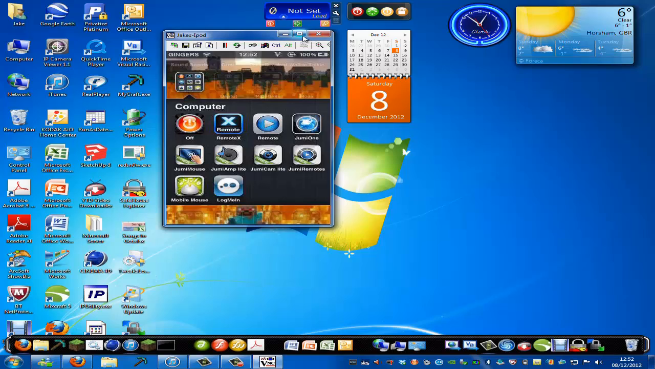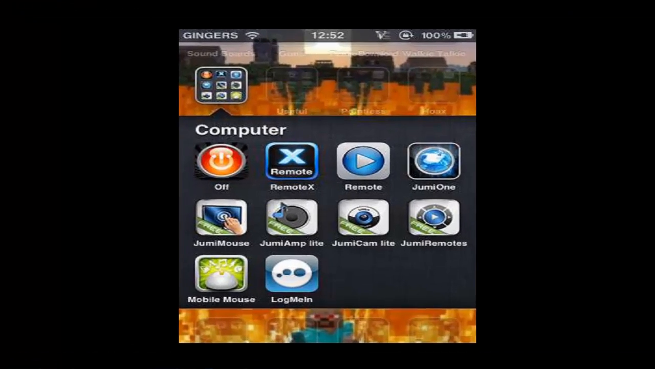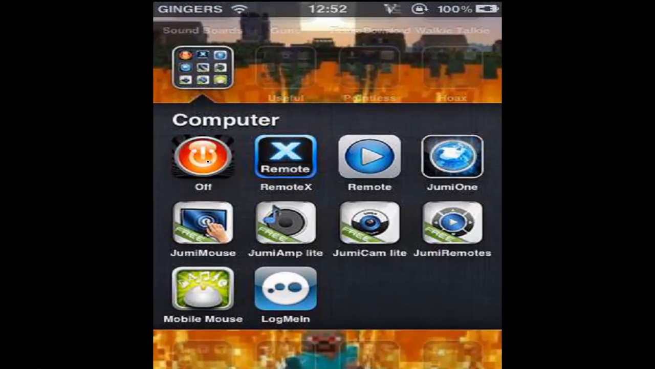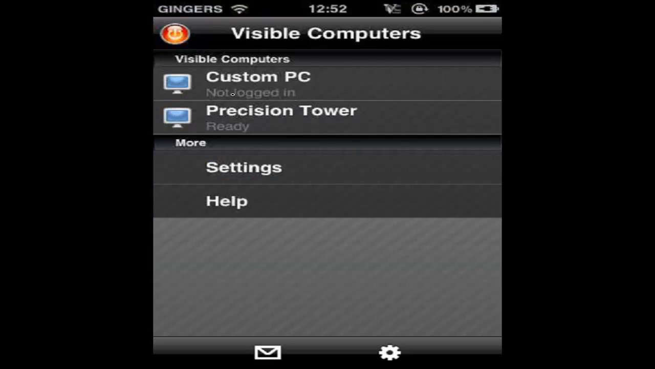Right, now go back to the iPod and run Off Helper. It'll come up looking like this. There'll be all your computers here, and then there's the settings and help, and that's like review, and that's the same as that. So I've got two computers here. I've got the Precision Tower, which is not mine, but it's got the program on, and then my computer here, custom PC. The one you want to connect to, you literally tap it,